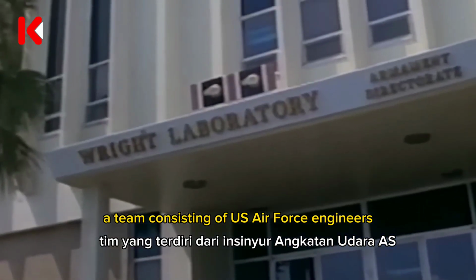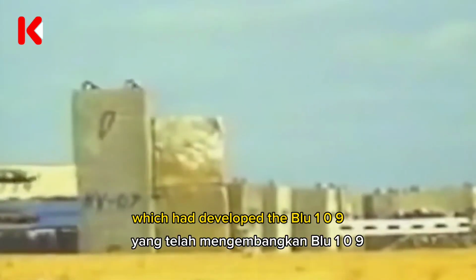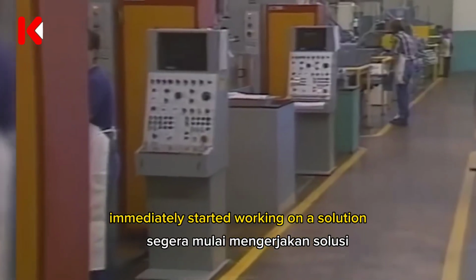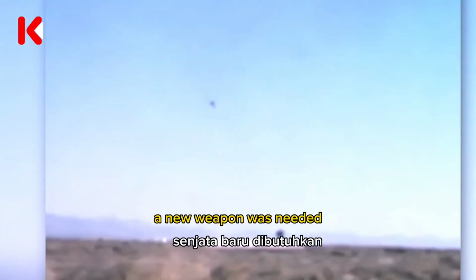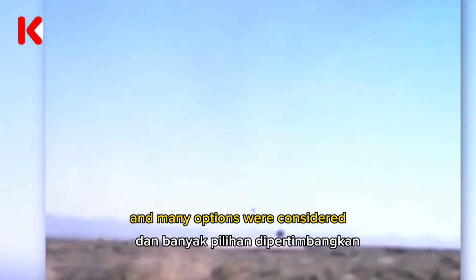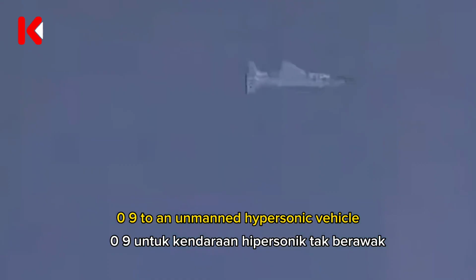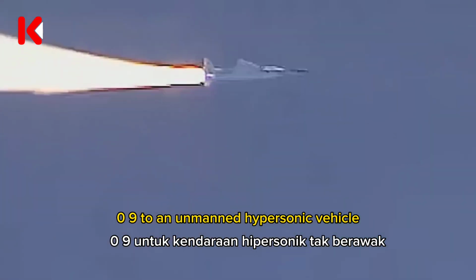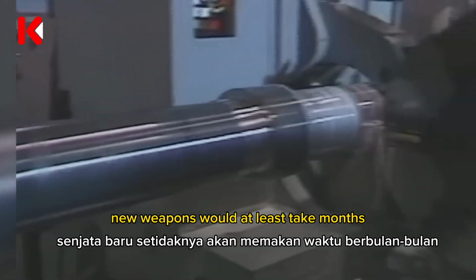A team consisting of U.S. Air Force engineers and Lockheed Missiles and Space Company, which had developed the BLU-109, immediately started working on a solution to destroy the bunkers. A new weapon was needed, and many options were considered, from a dense penetrator version of the BLU-109 to an unmanned hypersonic vehicle. The problem was that the development of these new weapons would at least take months, and they